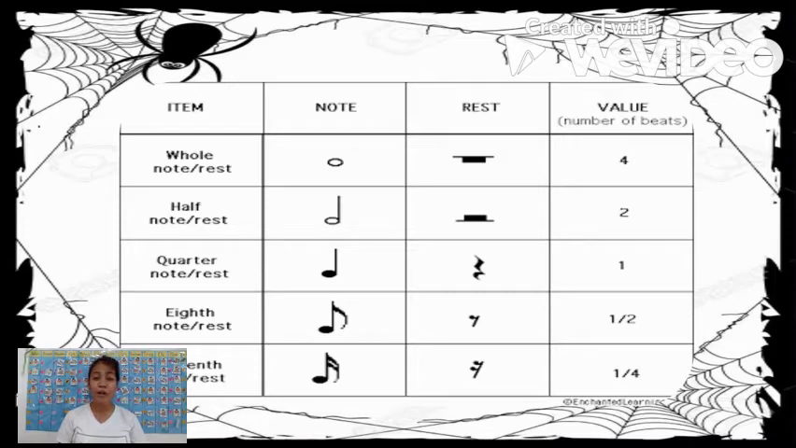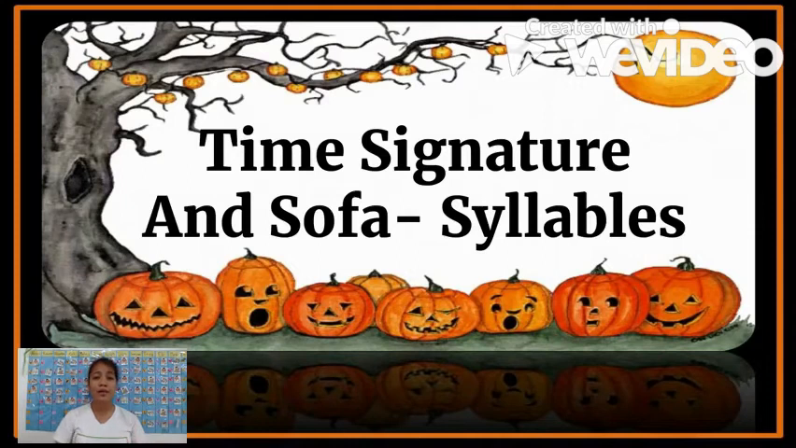Can you still remember all of this? Very good. So at this time, let's proceed to our new lesson in music. Are you ready to learn? Today we are going to talk about solfa syllables, or time signature and solfa syllables. But before that, since we will talk about time signature and solfa syllables, of course, we need to